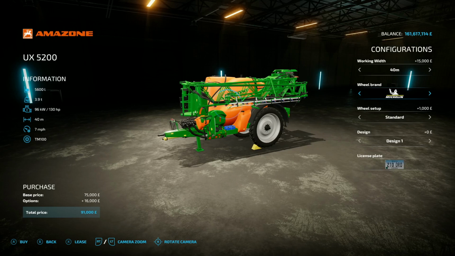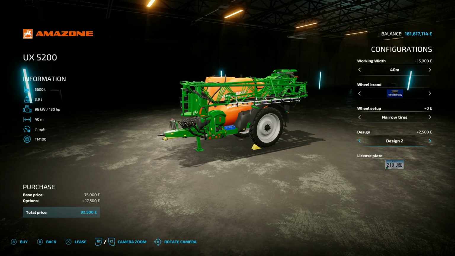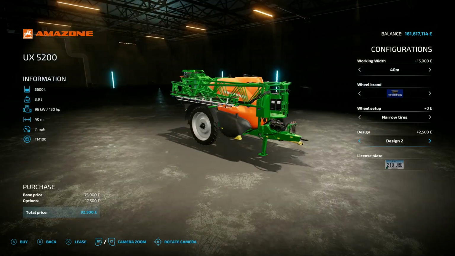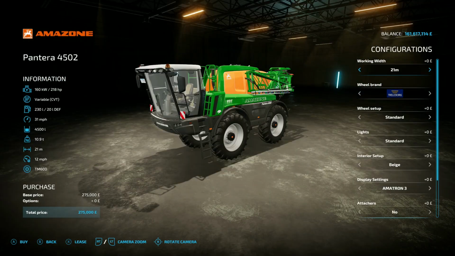Wheel brands: Trelleborg, Michelin, Continental, Mitas, and then back to Trelleborg. And obviously you've got the standards and narrows. And then designs, you've got 1, 2, or 1. So it's going to be the tank colour, either black tanks or orange tanks. All right, fair enough, just like the previous one. If you've got an Amazon setup, this will fit in nicely. And to finish off our trifecta of Amazon mods, and also the trifecta from Melody98 today, we've got this, the